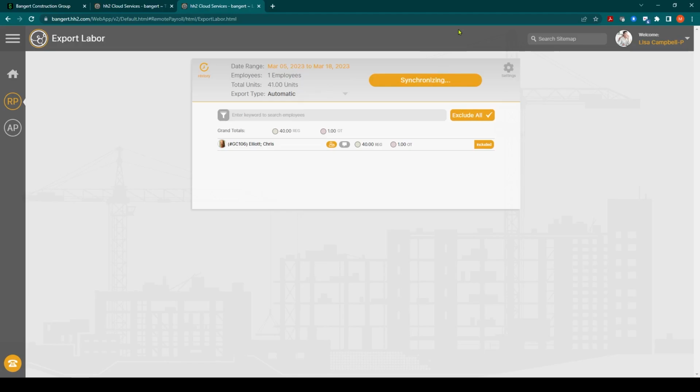and we'll start and reconcile and sync. And this is an automatic export. So what this means is there's no import export. You do not have to go back into Intacct and import a file. It's actually reading and sending the information directly into the system through an API behind the scenes. So you can see here, there's 6 lines that have been completed. They worked successfully. That time is in Intacct real time and right now ready for payroll processing.